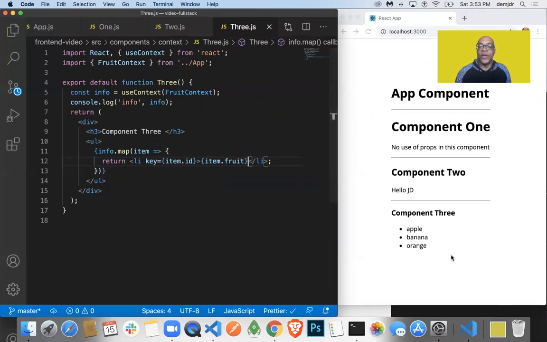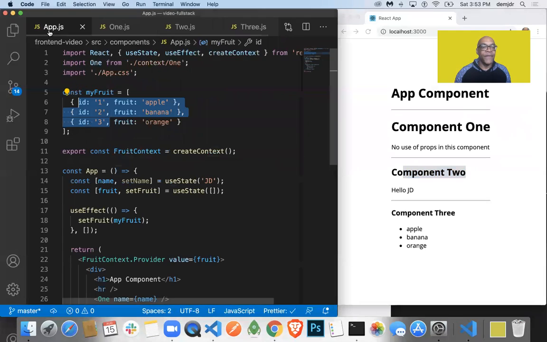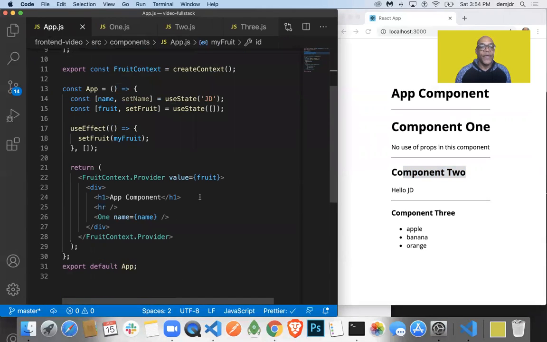And we should see the 3 fruits passed to component 3 without having to pass them to 1 or 2. Pretty neat, right? So now let's say we want to pass more than one piece of information to any component that's affected. We would need to do that by, if we go back to our app.js, creating an object. This is one approach, creating an object inside of our value with those components. This is a viable approach. I think there are other ways to do it, but in our case, we're just going to keep it simple